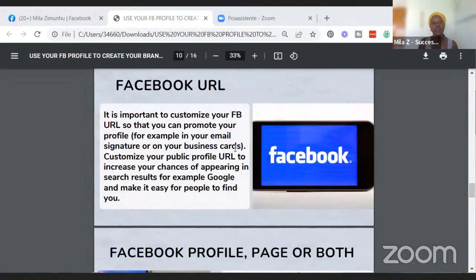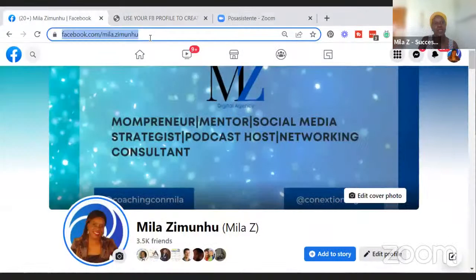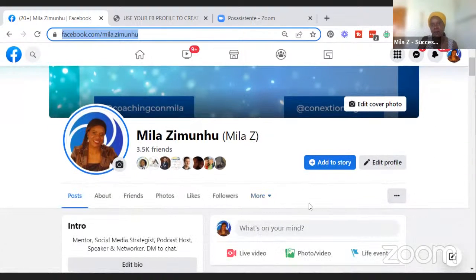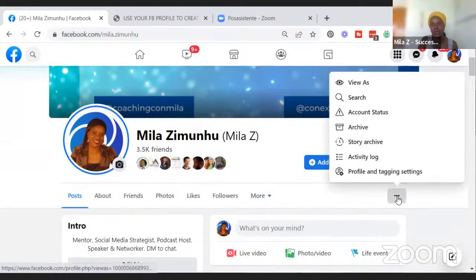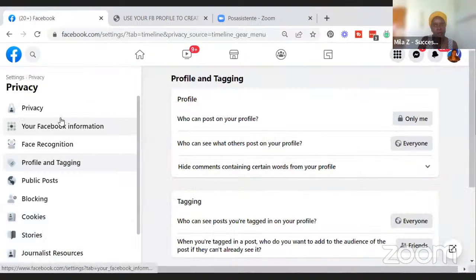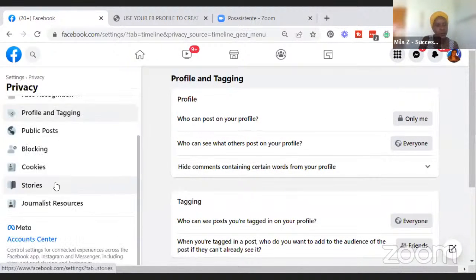Okay, the other part is the Facebook URL. Now, many people do not realize that you can actually make your URL personalized. So usually when you go into Facebook, it will come up with your name and a whole lot of numbers. Now, to do that, you would have to enter into the 3 dots, go into profile, and right now, one moment,